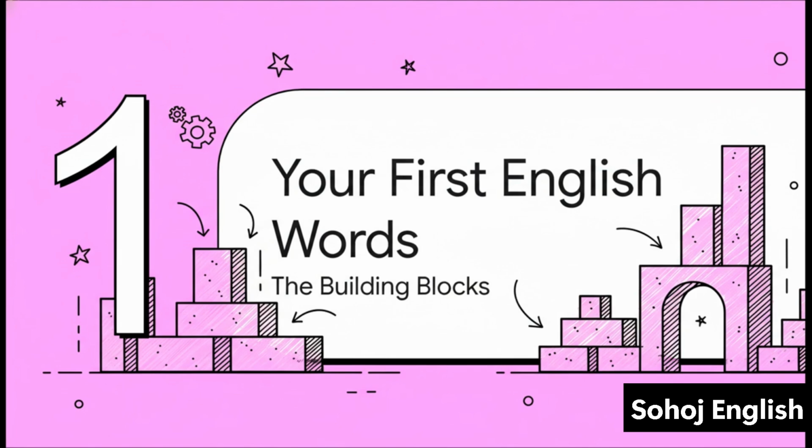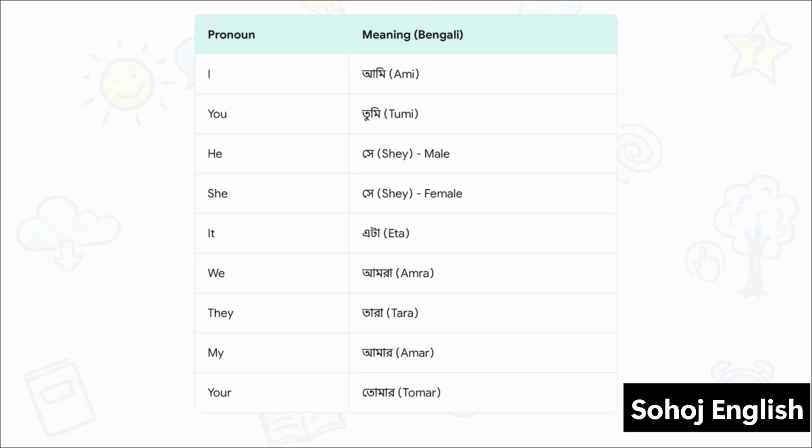Well, in English, our first bricks are the words we use to talk about people, so we don't have to keep saying their names over and over. You might know them as pronouns. All right, let's look at our first set of words. I, that's you, the one speaking. He is for a guy, and she is for a girl. We is when you're talking about yourself and some other people. They is for a group of people that doesn't include you.